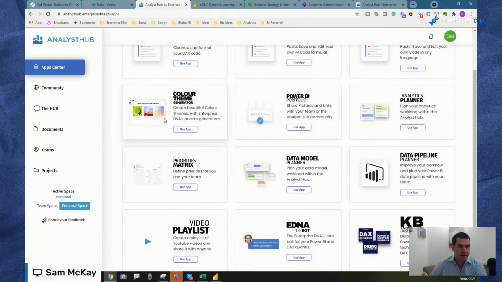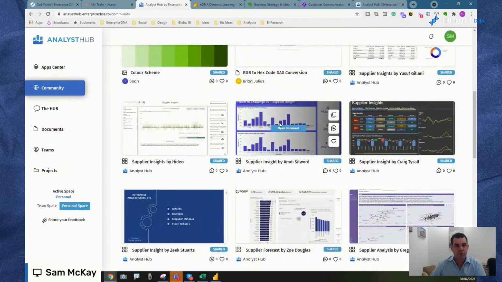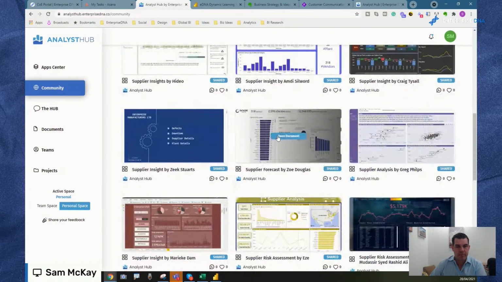Okay, cool. So I showed you the color themes as well, which is a really simple and easy to use app. Now the Power BI portfolio app is a great way to showcase where you are at in a Power BI development, so everyone on your team knows, and also what the finished product looks like, and all the inspiration within your